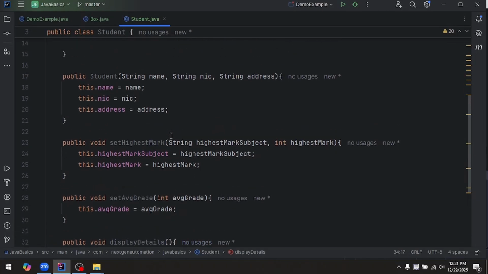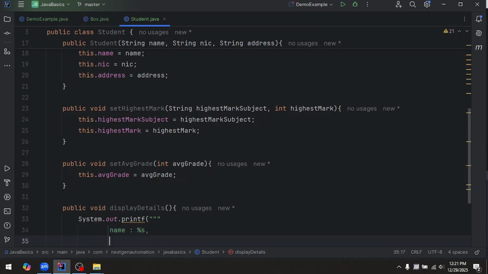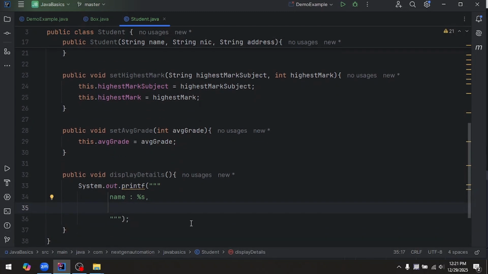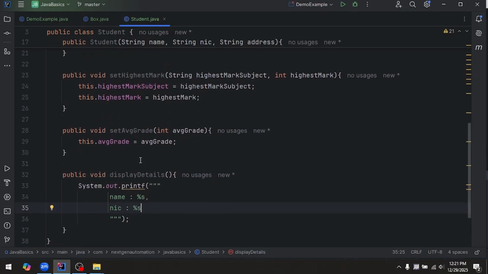So I'm going to mention that name, right, is sorry, not dollar, actually this one is percentage s. That percentage s means it's a variable which is expecting s, meaning string, right? At this point it's expecting a string, comma, then I can say nic, nic dollar s, it is also expecting a string, and thereafter I can say average grade, right, comma,